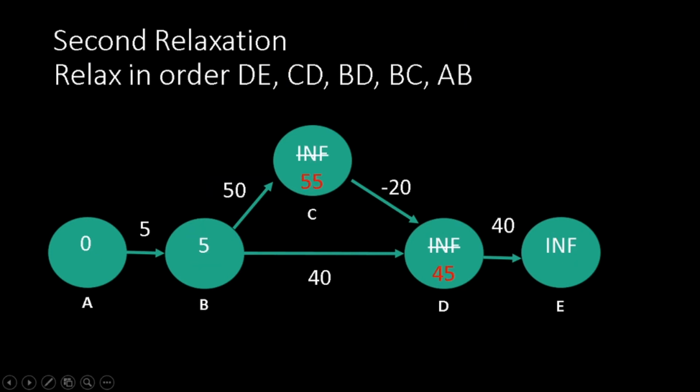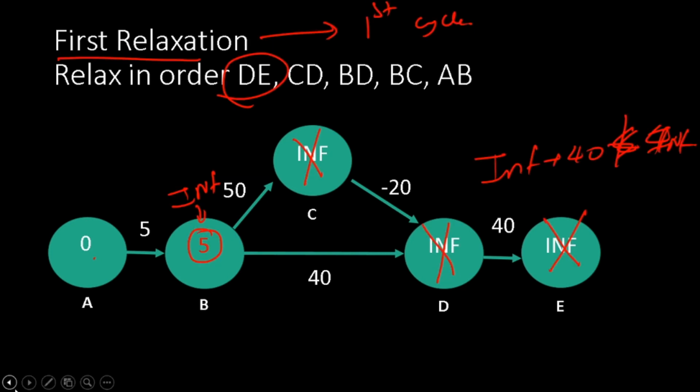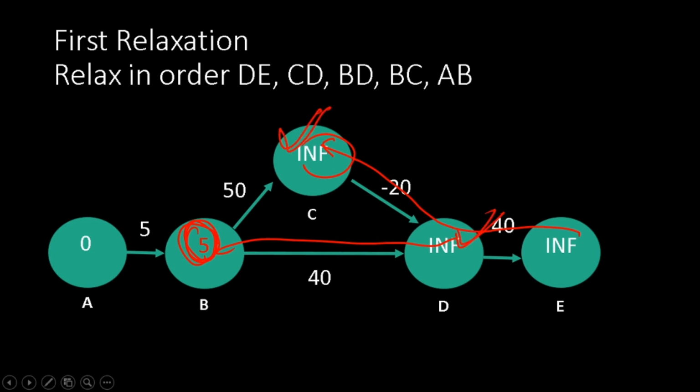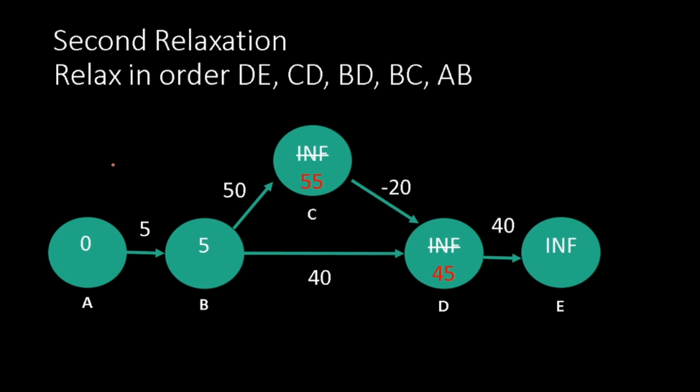Okay, second cycle. In the second cycle, see what's happening. First, let us speculate. So we are doing things in this order. Correct. So because we have propagated till here, I am betting that this C and D will get relaxed. Yes, C and D are getting relaxed. Let us see how that's happening. Relax in order DE. For now this is infinity. For now this is infinity. Okay, infinity plus 40. Is it less than infinity? No. So no relaxation happens here.